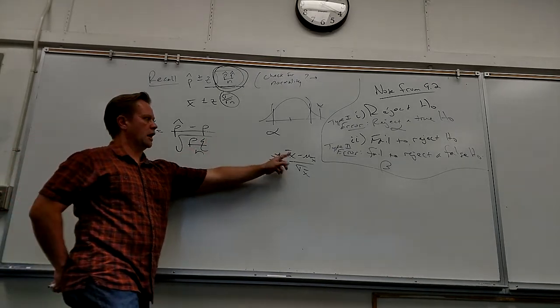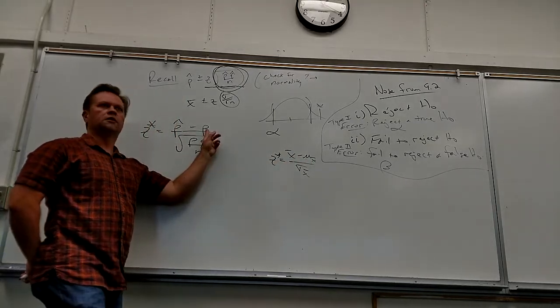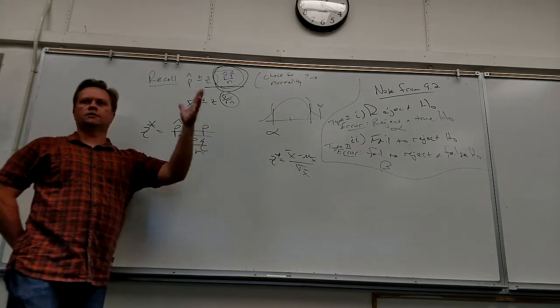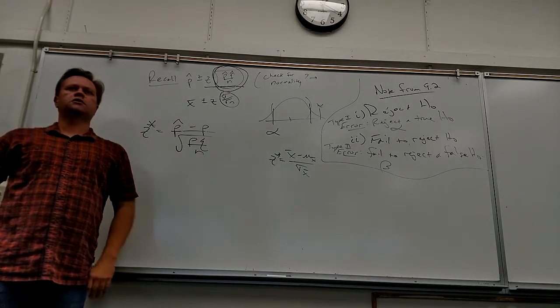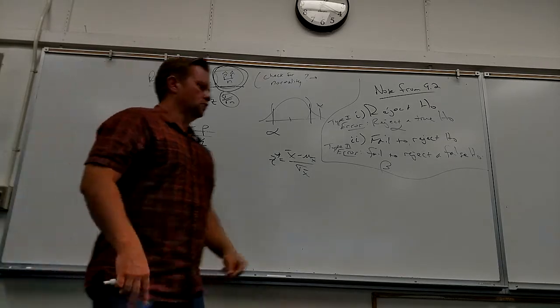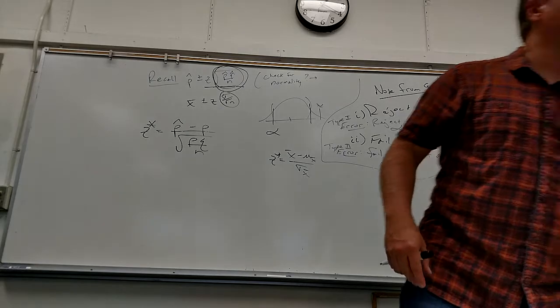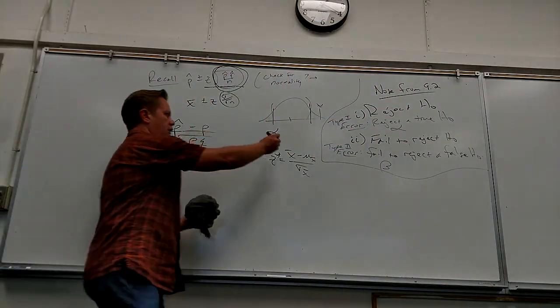No. It's our data, minus the assumed middle, divided by the spread. Always. It's always that. It's just that those things change depending on what situation I'm in, but the idea doesn't change. Okay. The second thing that's going to change a little bit is how do I tell if this kind of